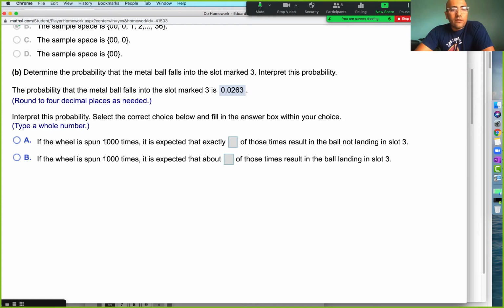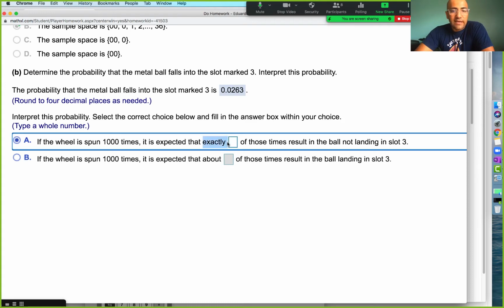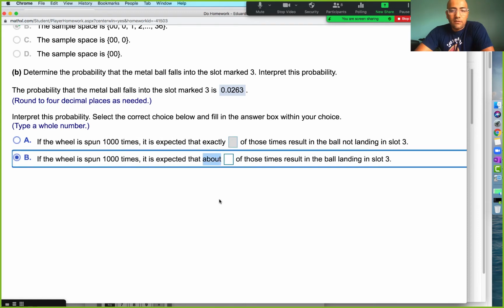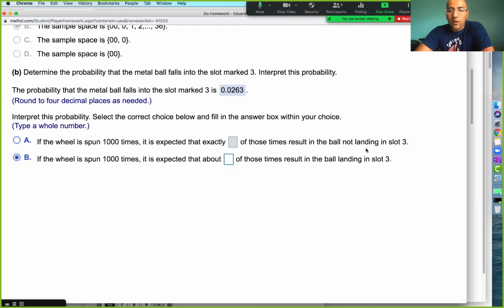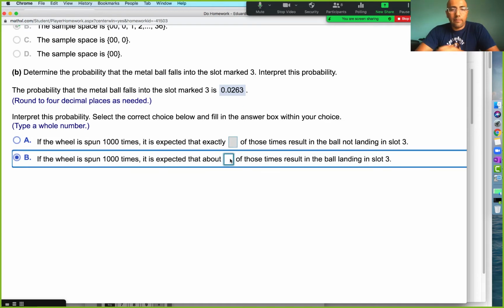So if the wheel is spun 1,000 times, it is expected that, well, exactly, and then this one says about, right? They're both identical in every word of the sentence, except this one says exactly and this one says about, of those times to result in the ball not landing. Oh, this one says not landing in 3, whereas this one says landing in 3. So B is our answer. If the wheel is spun 1,000 times, it is expected that about 2.63% of those times, or about